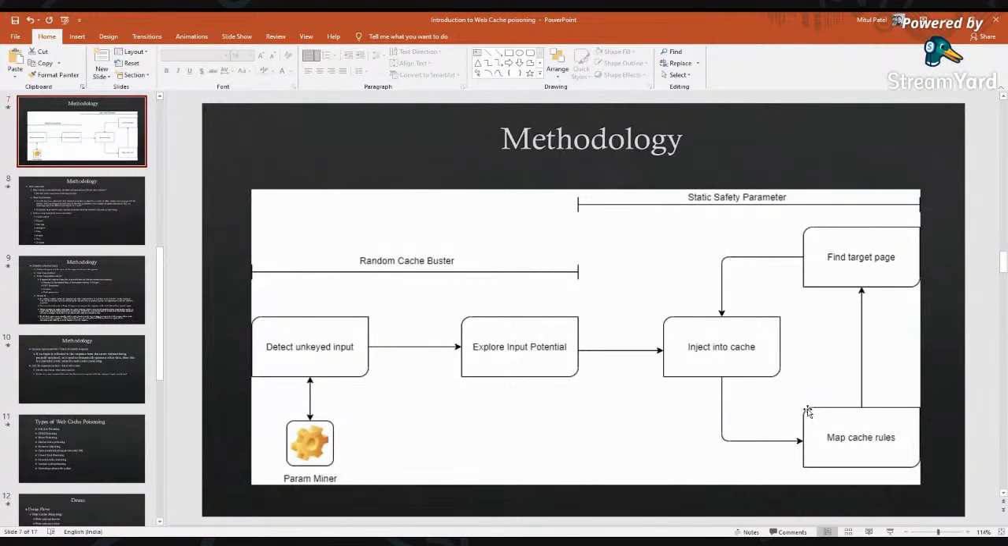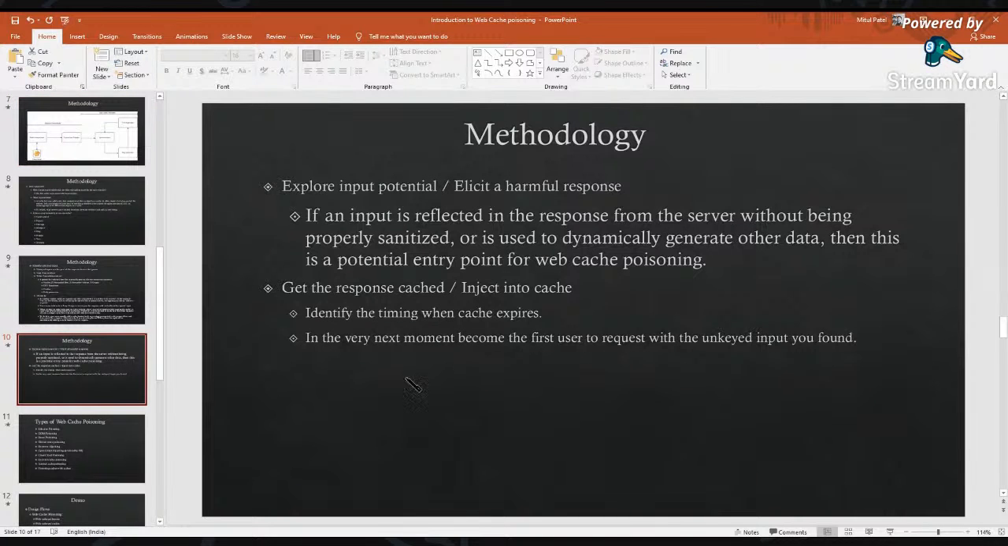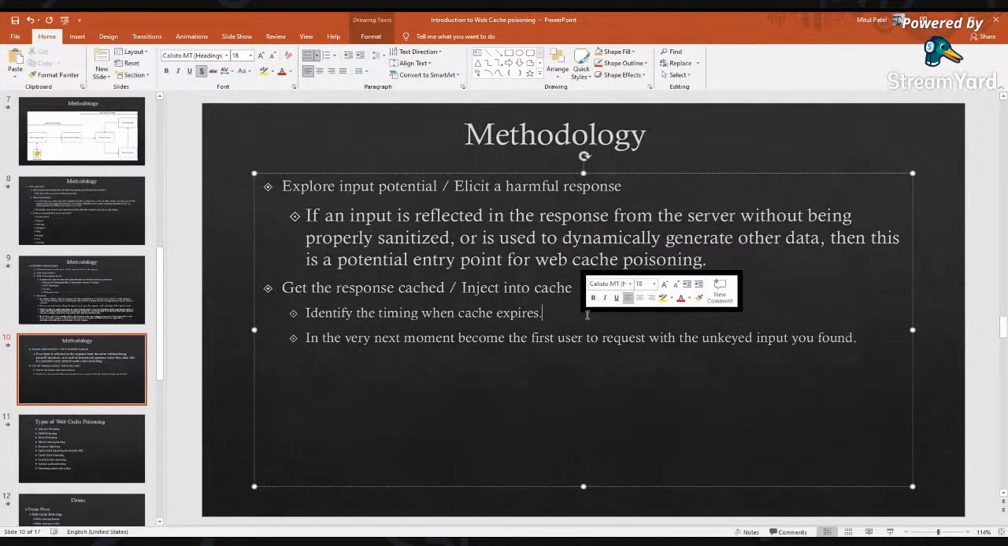The next part is where we inject into the cache, which means these three blocks are demonstrating that by using these two blocks, we cache our malicious response to the cache server. There's one more thing, I think your eyes are coming at, that it's a static safety parameter. We'll come to it later. As we found that the input is reflected back in the response, for caching our response, we identify the timing when the cache expires. This is the most crucial step of this attack. As I told you, caching is